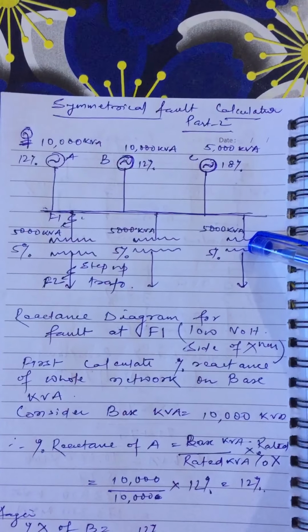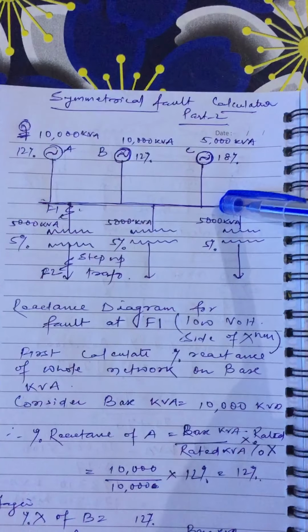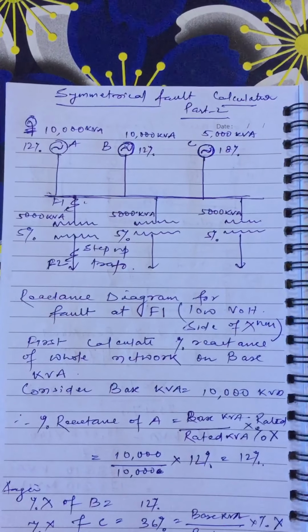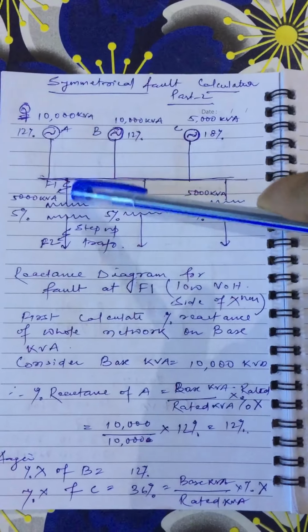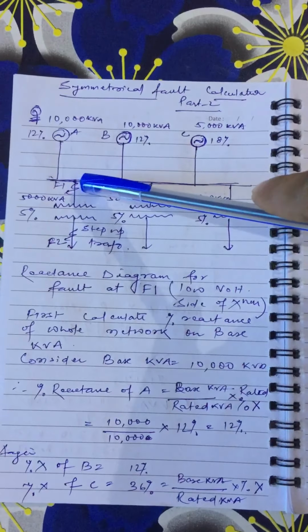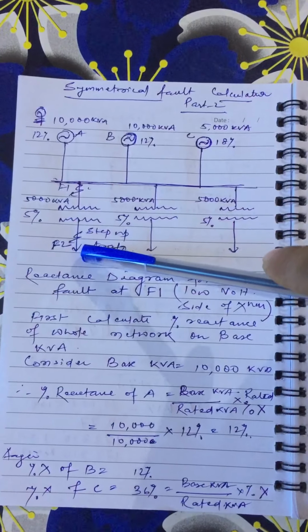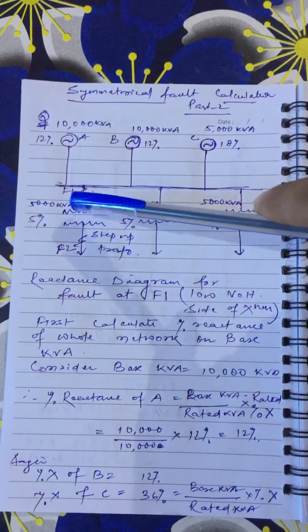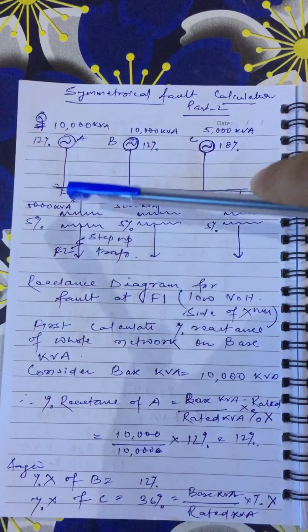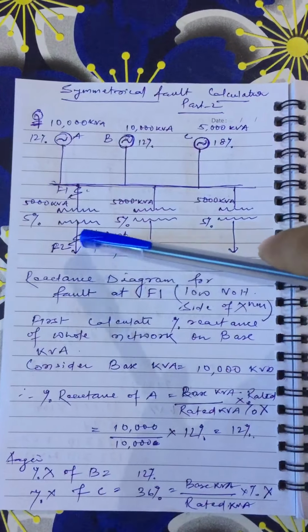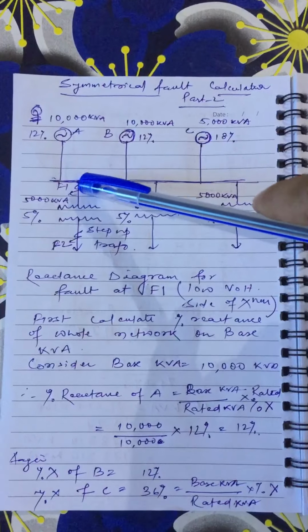5%. So in this video, friends, I will basically be talking about the fault at 2 points, the fault at F1 and the fault at F2. Here the fault at F1 is on the LV side of the transformer and the fault F2 is on the HV side of the transformer. Since this is a step-up transformer, the winding which is connected on the bus side is the LV side and the winding which is connected on the load side is the HV side. So let's get started. We will first do the calculation for the fault at F1.